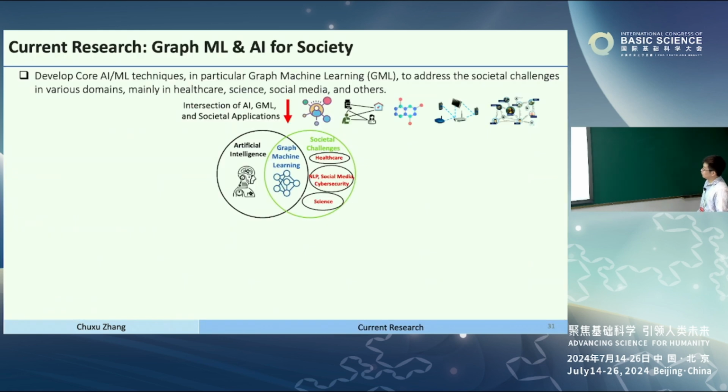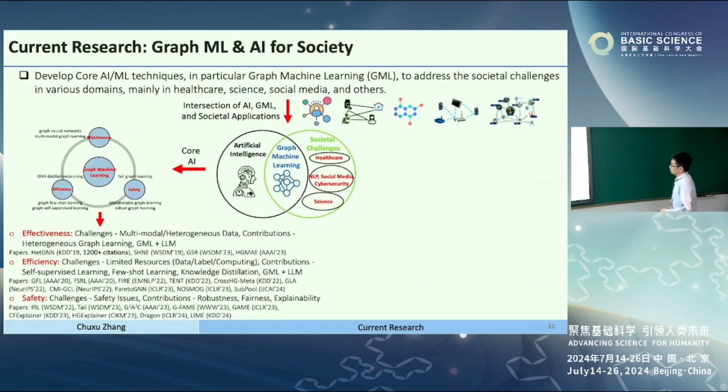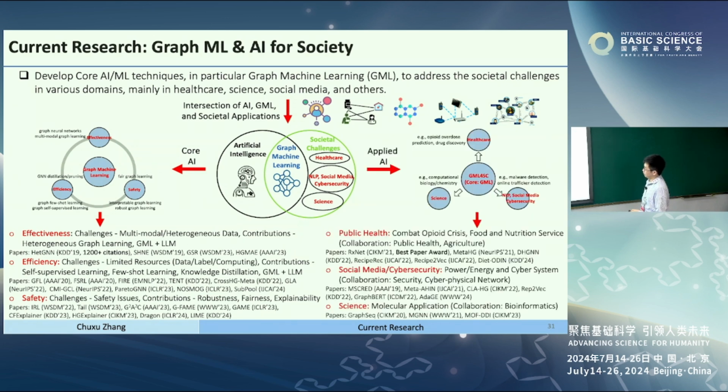Right? So to summarize, my current research lies in the intersection of AI, graph machine learning, and societal applications. I work on both core AI and applied AI research. For the core AI research, I try to improve the effectiveness, efficiency, and the safety of graph machine learning using different techniques. And based on this fundamental core graph machine learning research, I try to apply the developed techniques